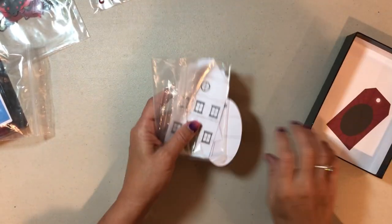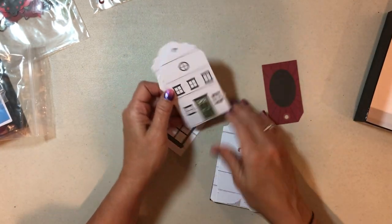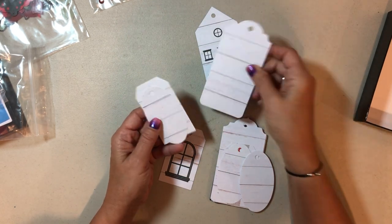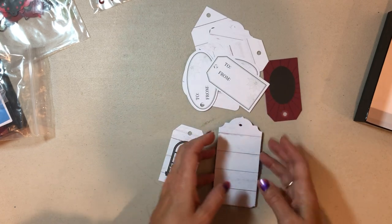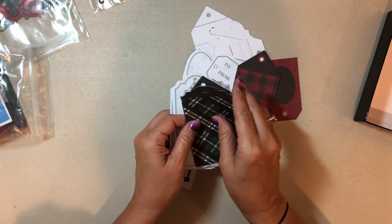And then here are the tags. So they give you all the bases of the tags. They're quite big, and here's the to and from. That's really cool. So nice and big. You could write a message on them. Some of them are a little smaller, but that's fine. But definitely you'd want to